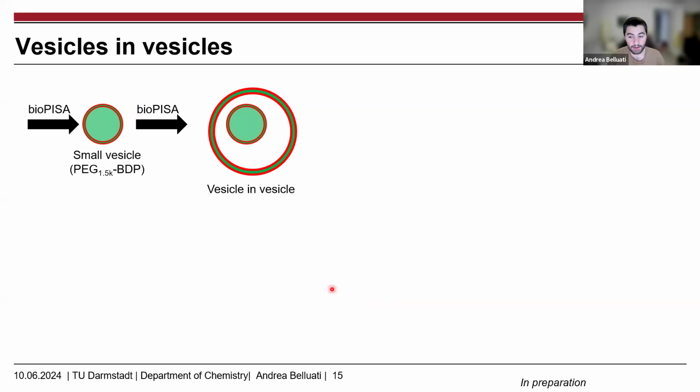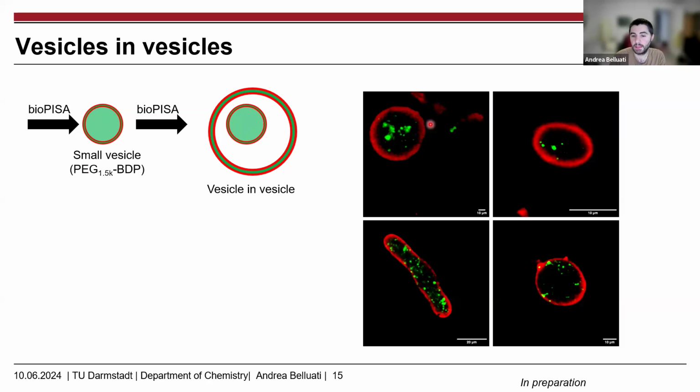As a simple experiment, we made the first bio-pizza making the smaller vesicles, so those that have hydrogen peroxide, with a fluorescent polymer encapsulated into them. Then we took this and added them to the reaction that would lead to bigger vesicles. And we got this. Now, the control of the shape was not as good as it was in a pure reaction with CTA,